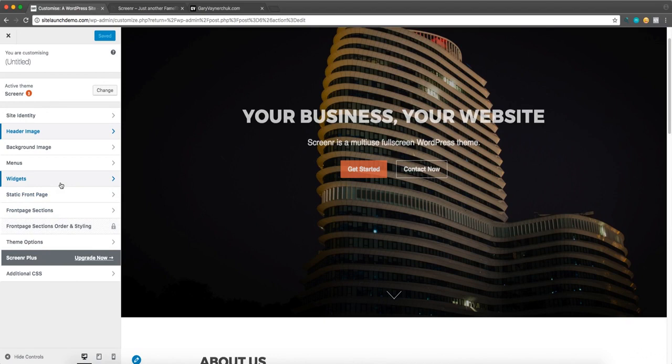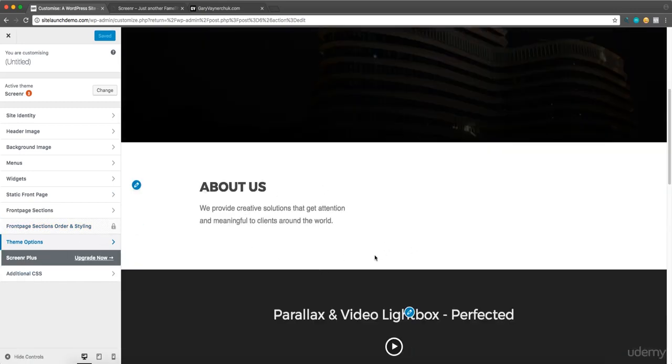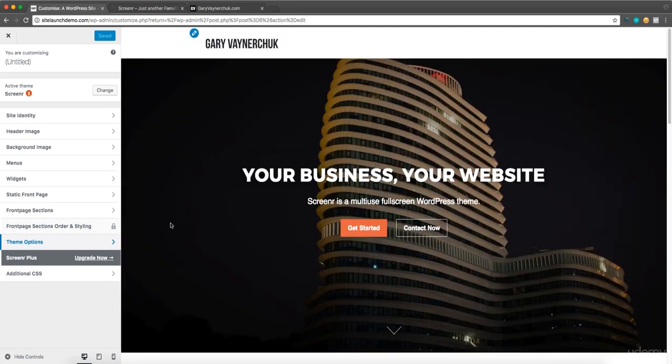Widgets is obviously for our footer, which we don't need to touch at the minute. Static front page we've already changed, and then the next one is front page sections. If you look just underneath, there's a section here that's got a padlock on it. That's because it's a premium feature, so you can upgrade here to the premium theme, and it gives you a few more options for styling the different features and sections. We're not going to do that, we're going to keep everything free, so all we need to worry about is